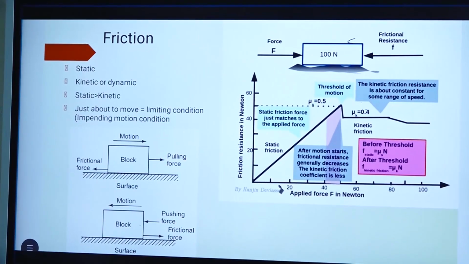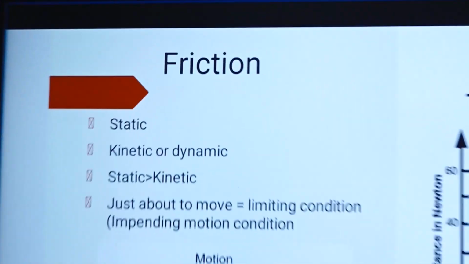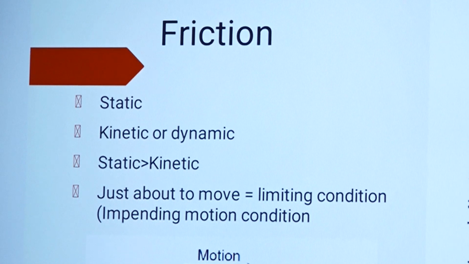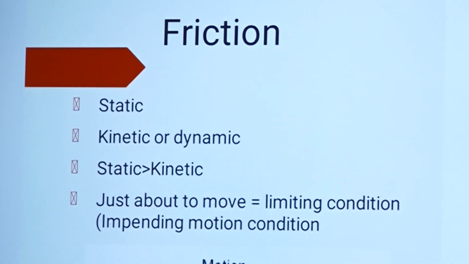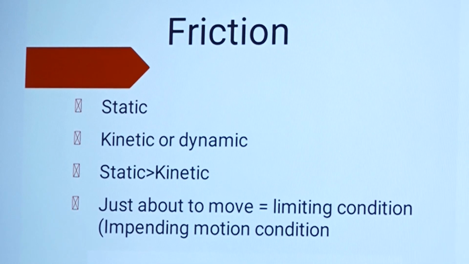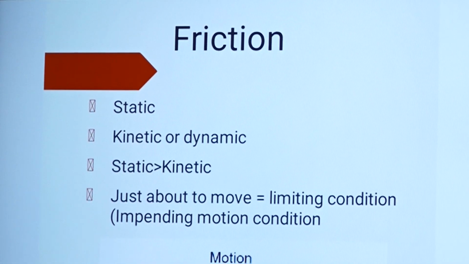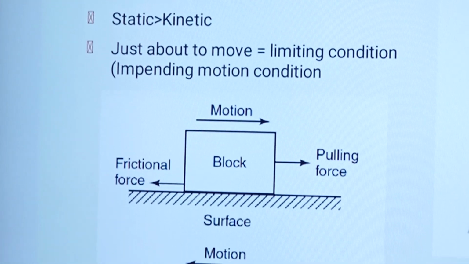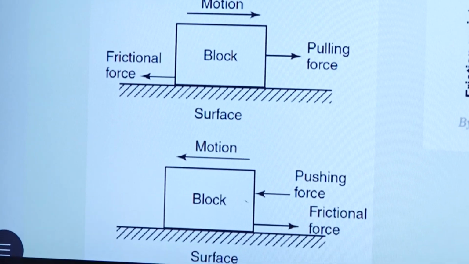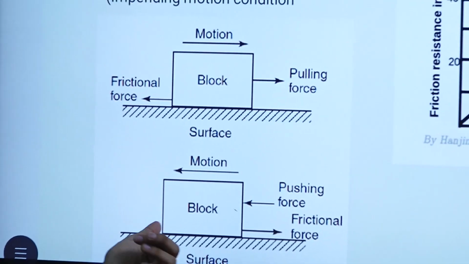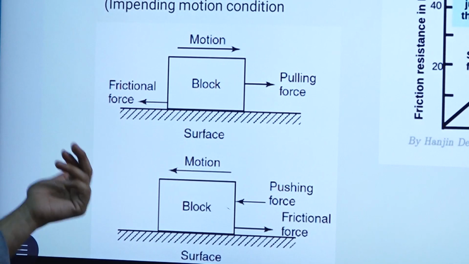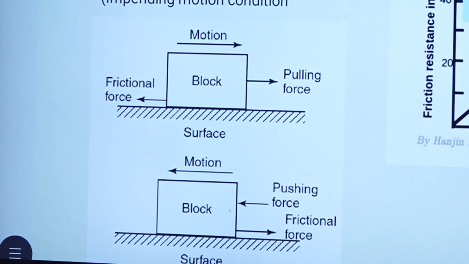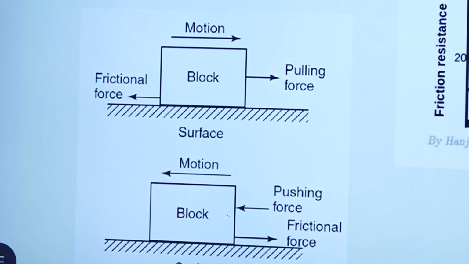Now we will move to the next chapter, that is friction. Again, one of the most important topics, because you will have friction as a unit in dynamics of machine, the third or fourth unit. It is very important for dynamics of machine. If you know friction, then only you can solve those problems. Mostly you will not get problems directly from this chapter, but it will help in dynamics of machine. If you are lucky, you may get some problem from this chapter. But anyway, it is one of the most important topics.